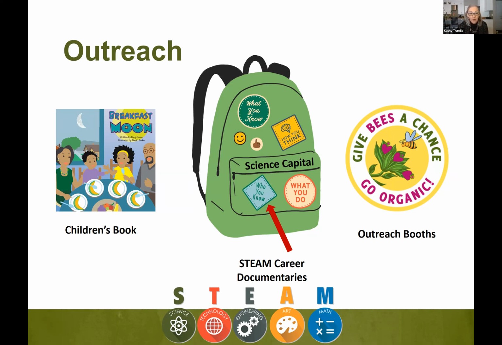And now, why is this important? Who you know in science, who children know in science as scientists, and what they do when they feel personally connected to a scientist, that's part of Science Capital. Science Capital involves what you know about science, how you think about science and thinking like a scientist, and what you do that's related to science. And then the last part is who you know. The higher a child's science capital, the more likely they are to pursue a STEM career in the future.